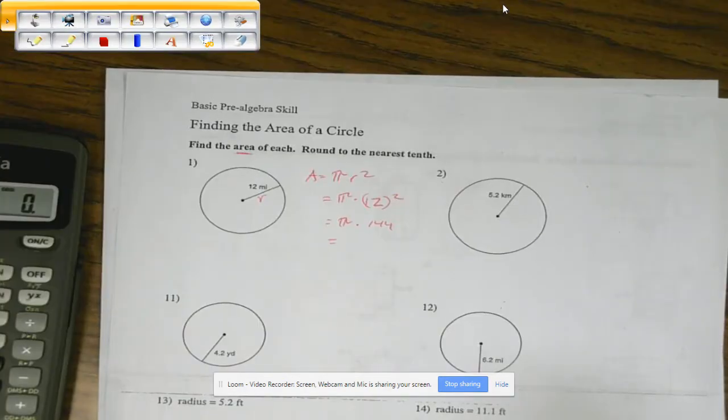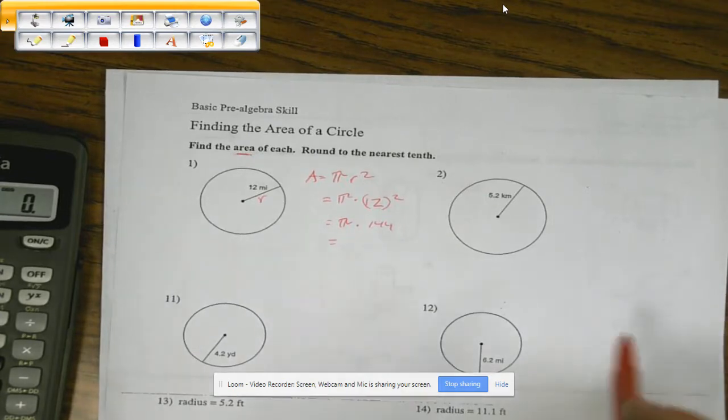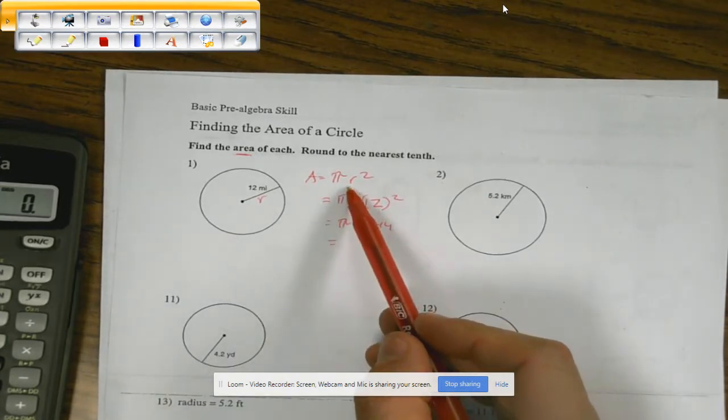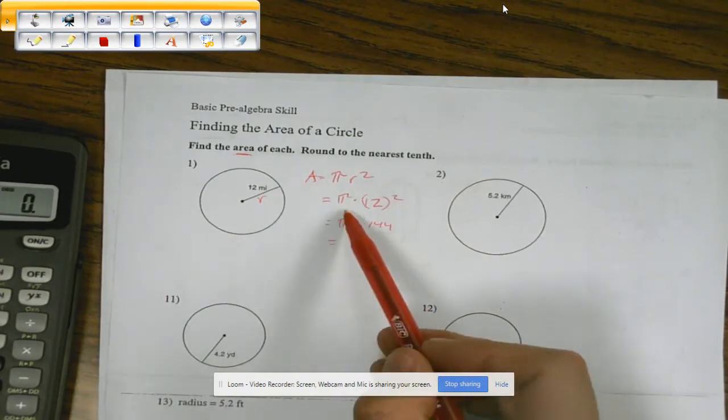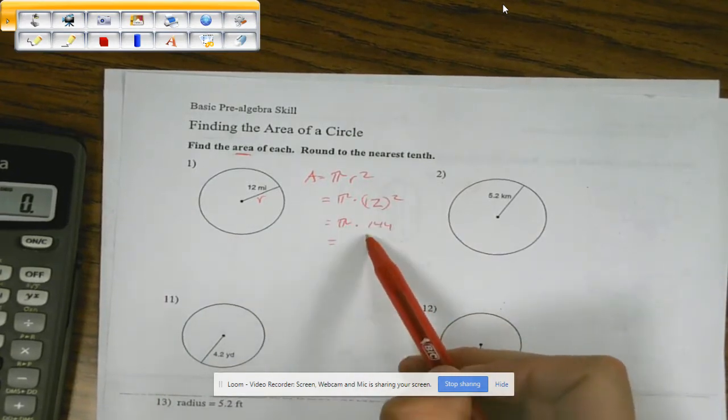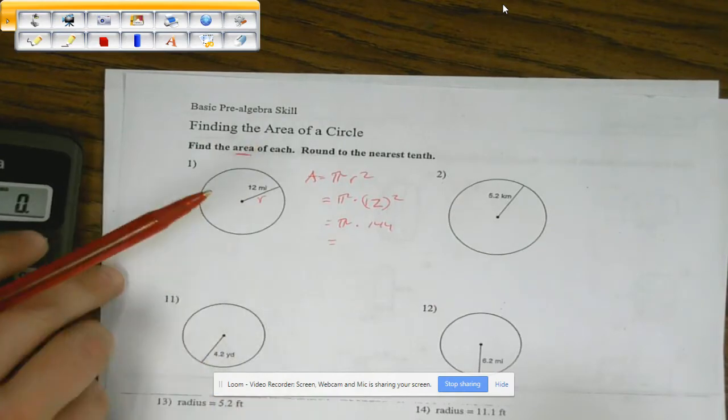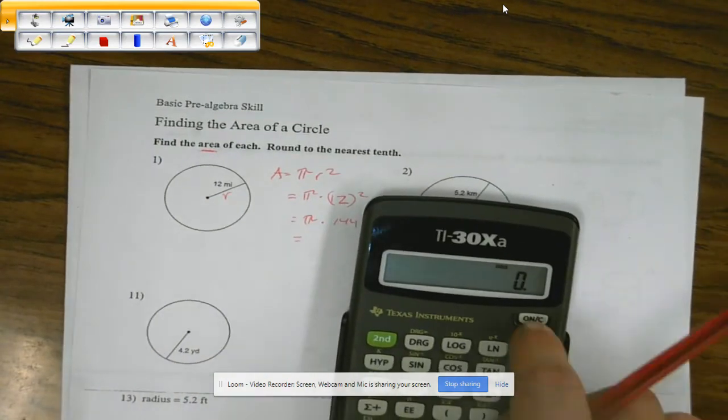Right. So, basically, what I'd showed is that we're going to start off with area is equal to pi times r squared. And in this case, it's going to be pi times 12 squared, which is really the same thing as 144. Okay. So then you end up with 144 times pi